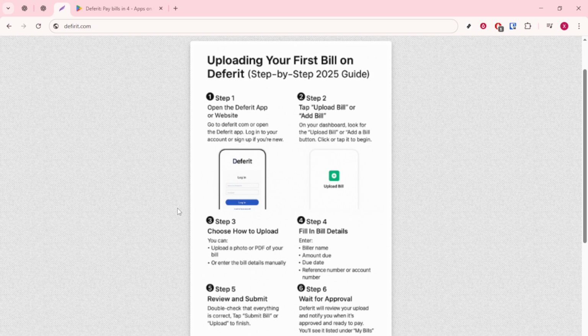Once approved, you'll see the payment schedule in your account and you can track the status right from the app or website. That's it. Open Deferit, upload your bill, confirm the details,